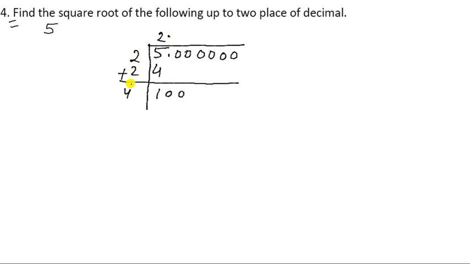So how many 2's? 1 2 3 4 5 6 7 8. So you have to write this one 8 times. 2 into 2 one factor, 1 pair, 2 into 2 second pair, 2.